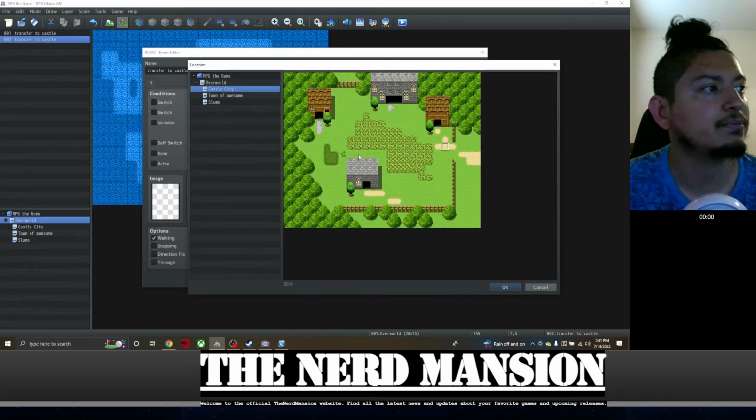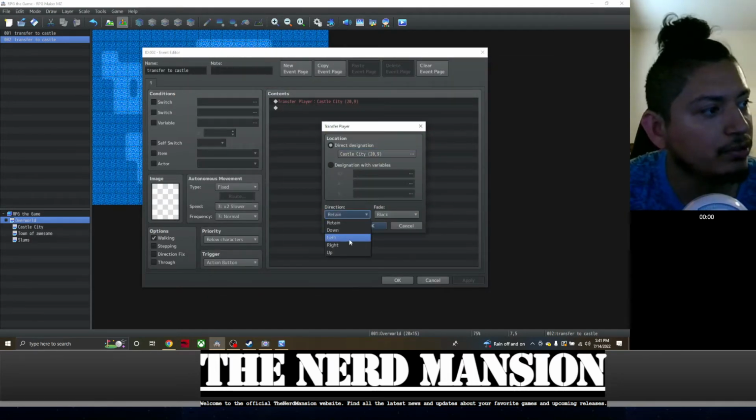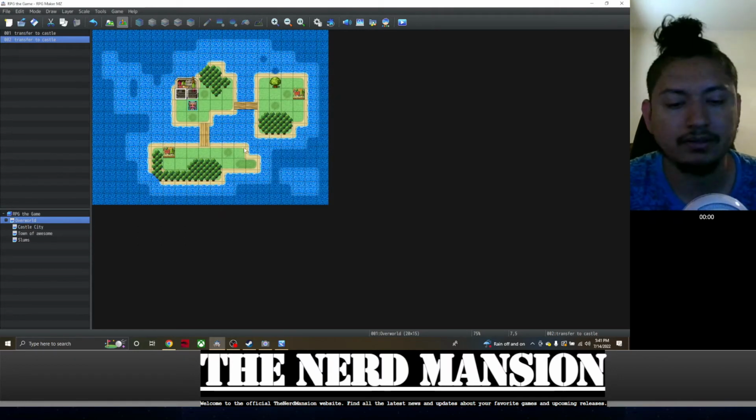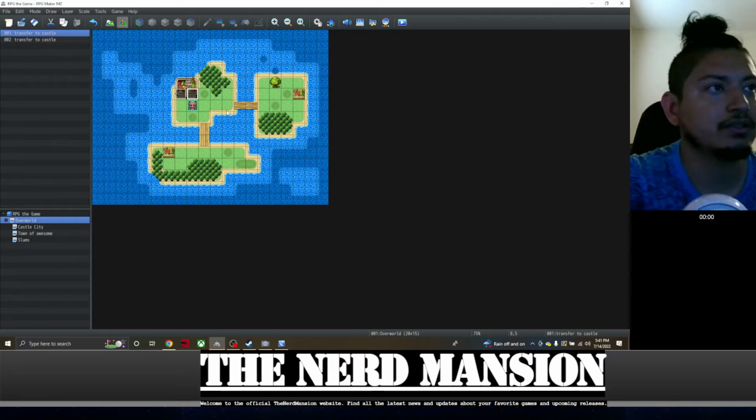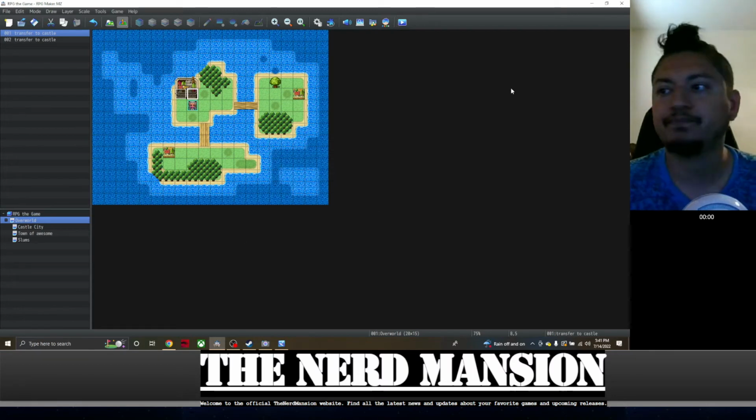and we just want to make sure that it's teleporting to the right spot. But our direction when we teleport, we want our character to be facing left. So we're gonna delete this one, copy that, paste, and now when we hit play,